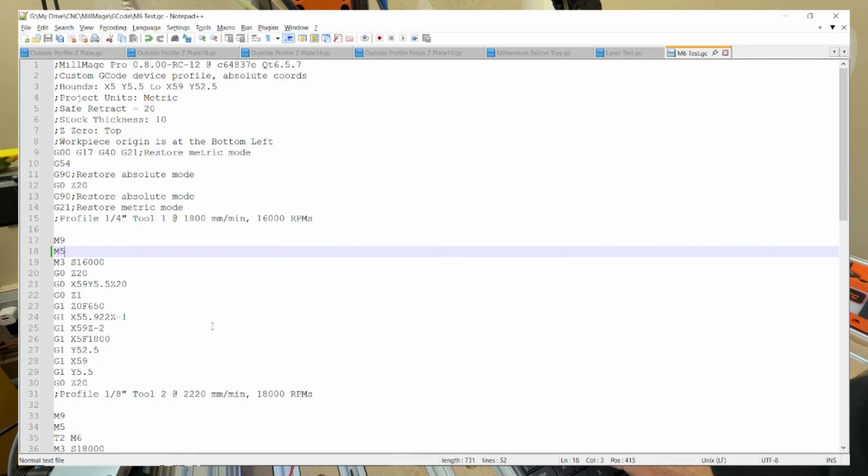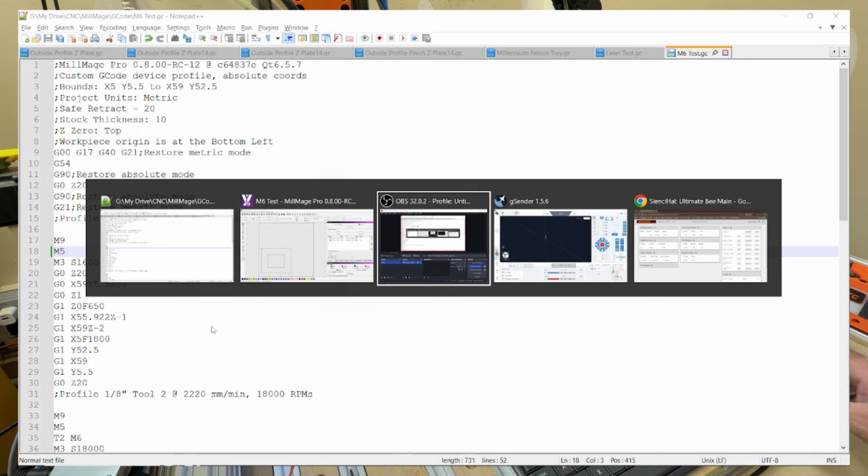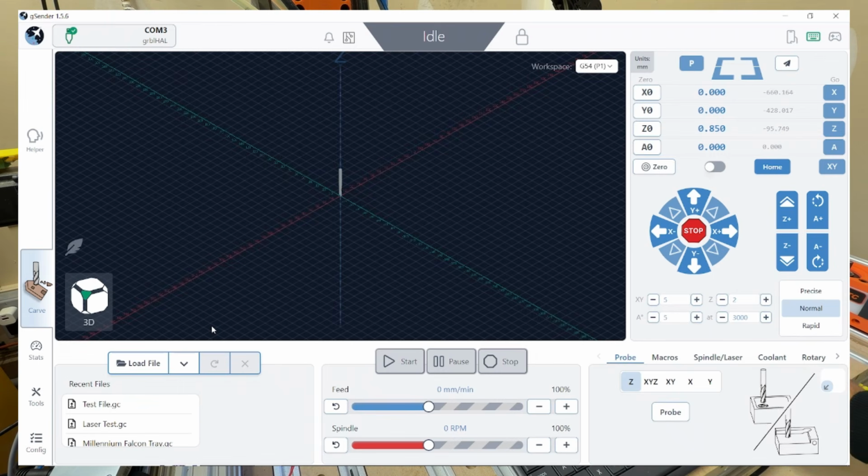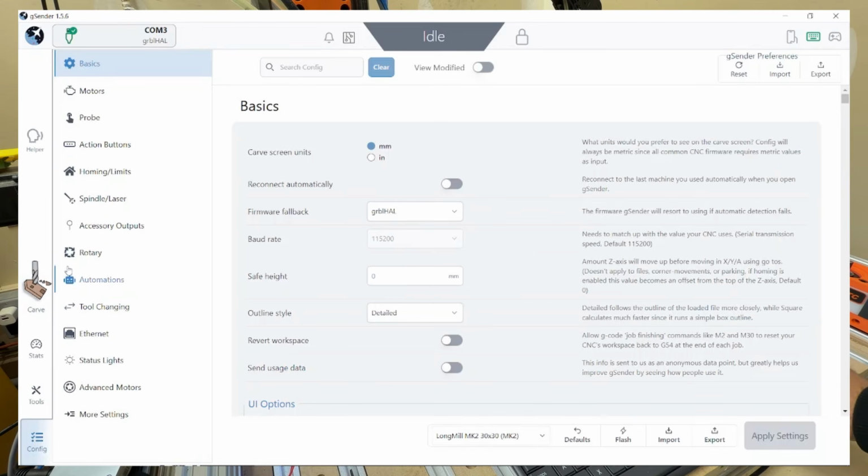Okay. So we go over to gSender, and in gSender, we need to make sure that gSender knows what to do when there's an M6 command. So if I go into the configuration in gSender, you can see there's an option for tool changing. So if I click on tool changing,